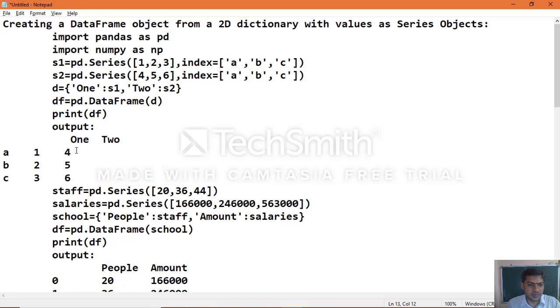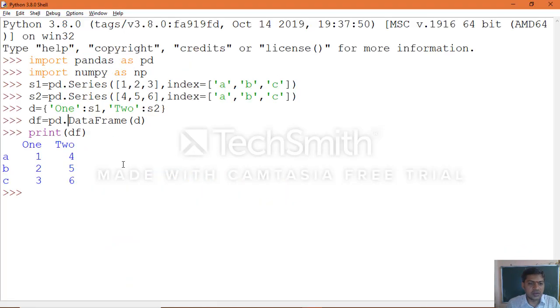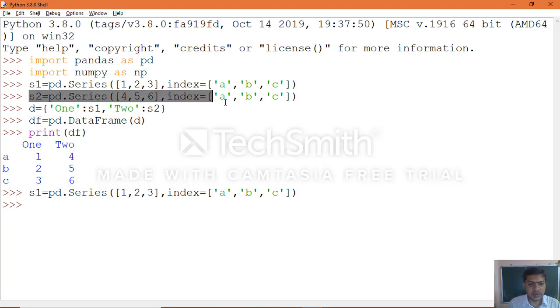Suppose you have two different sizes, like this particular one which you can see. What happens in that case? Generally, missing values in series objects are specified with a NaN value, and in the same manner you can see it here also. Let's see the example, how it will take place if you make two different types of series objects.